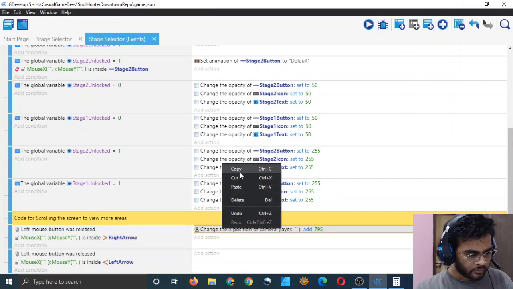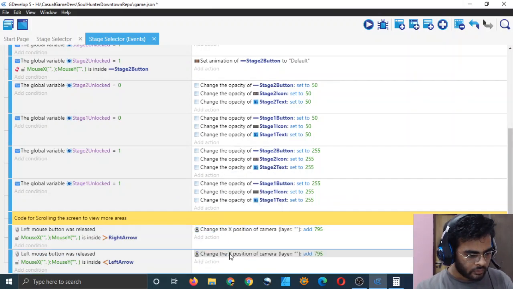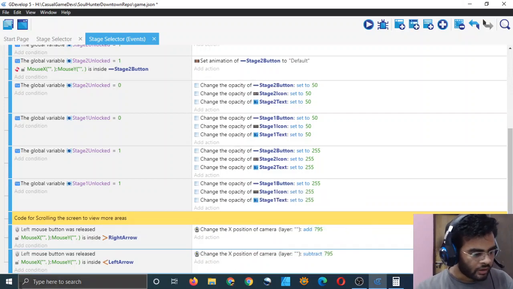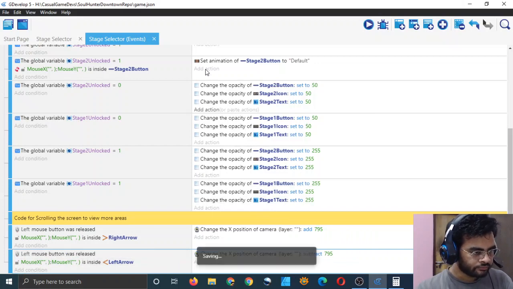Just copy that code and paste it, and instead of add, choose subtract. So now it subtracts 795.